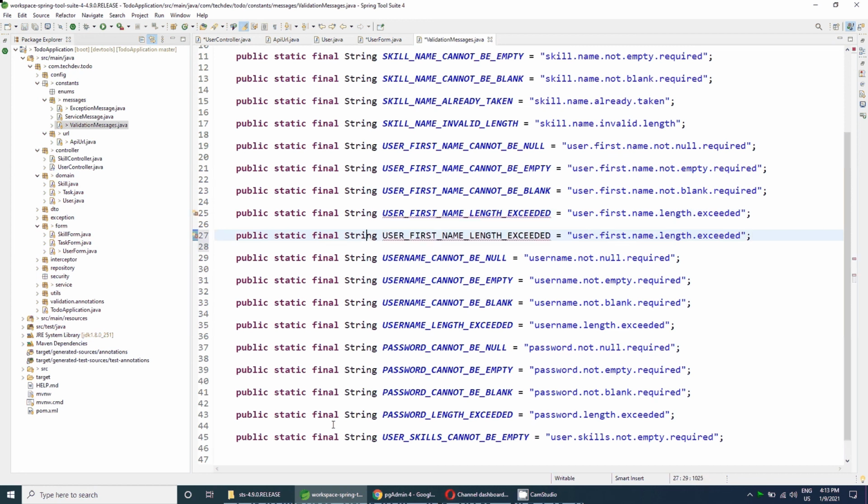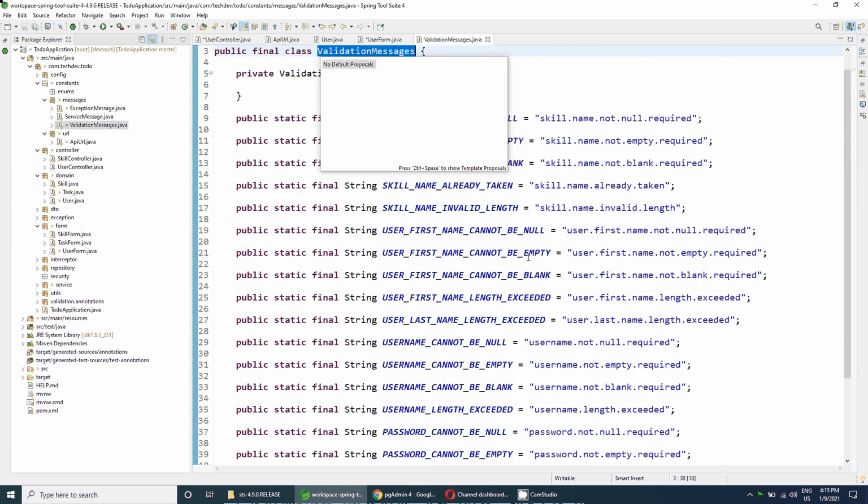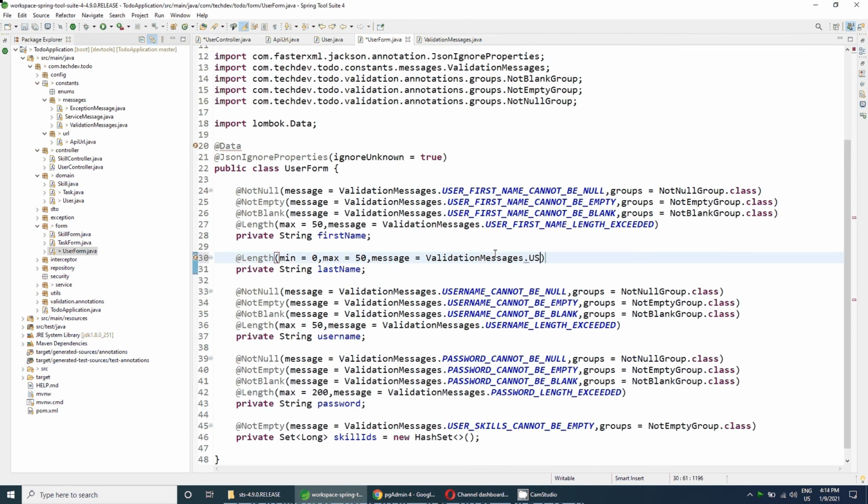So instead of user first name, it will be user last name length exceed, last name dot length exceed. So add the message here, user last name length exceed.